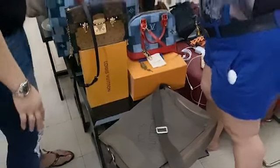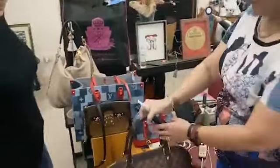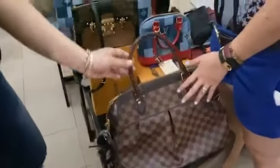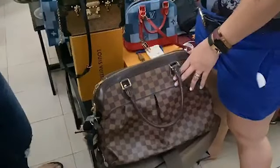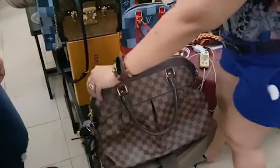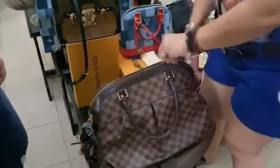Okay, next is the Trevi. Parang malaki din tong bag nito. This is the size of, it's called the Trevi GM. I think it's the GM. Yeah, GM na to. It's really big, but it can house a lot. It could house your,